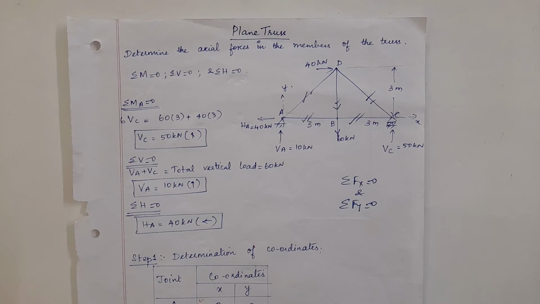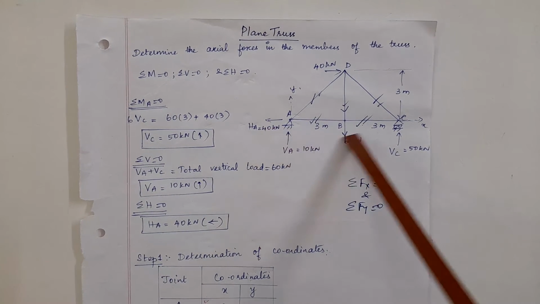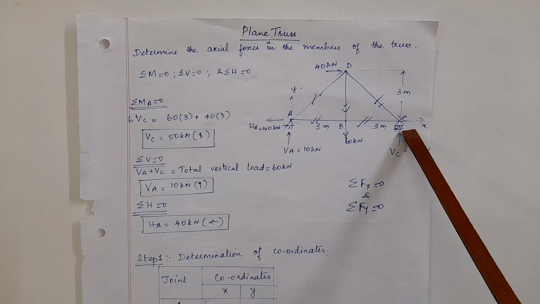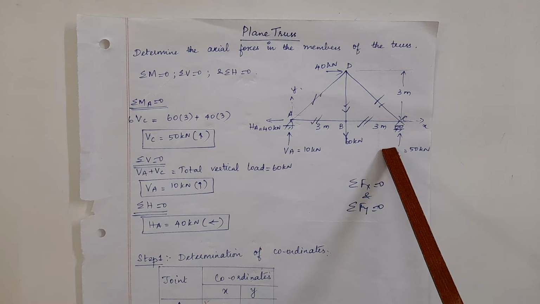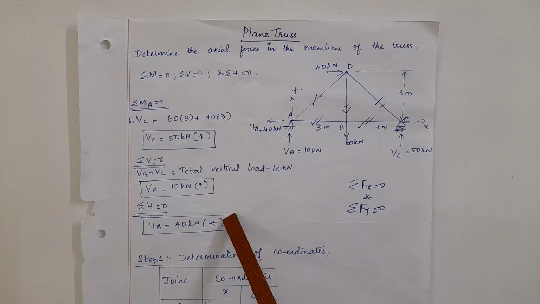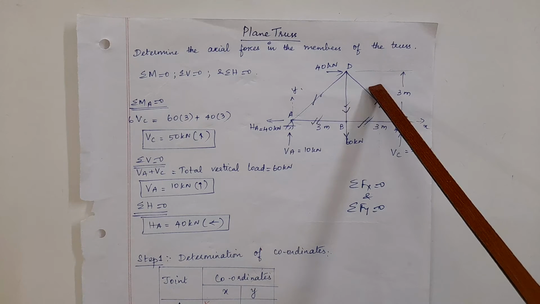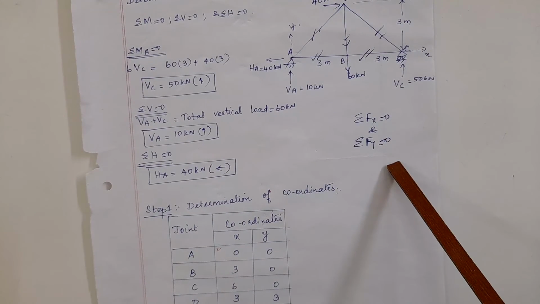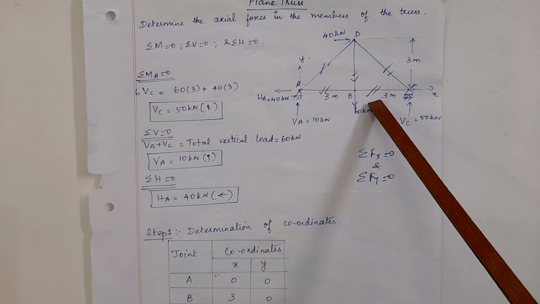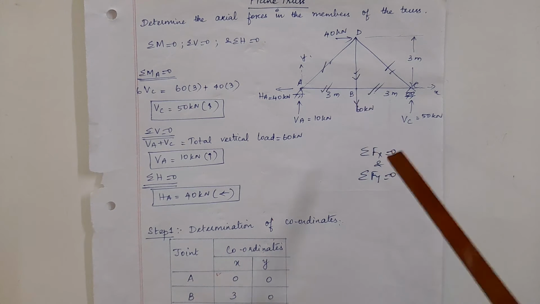If you find that the analysis of the two-dimensional pin jointed truss cannot be started from any end which has two member unknowns, without the calculation of reactions, then the calculation of reactions is the first step in your analysis. Just check: if I am going to start from D, there are three members as unknown. I have only two equilibrium equations, so I cannot proceed. If I go to B, I have three members again. I have two equilibrium equations, so I cannot start.